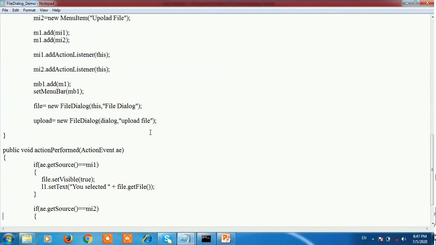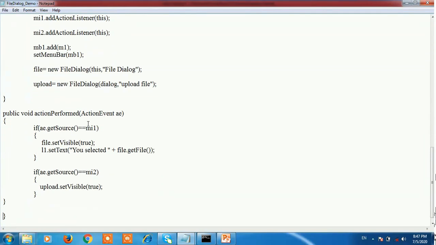After that, in the actionPerformed method: public void actionPerformed(ActionEvent AE), in that, if AE.getSource() is equal to MI1, MI1 is nothing but menu item 1.